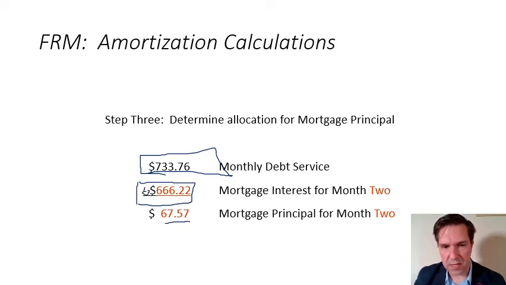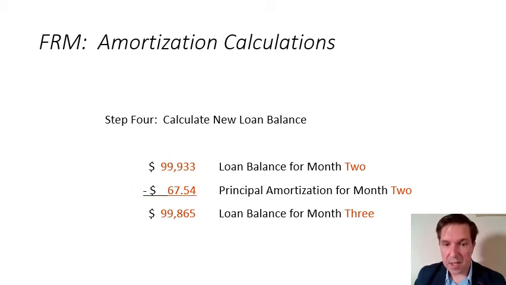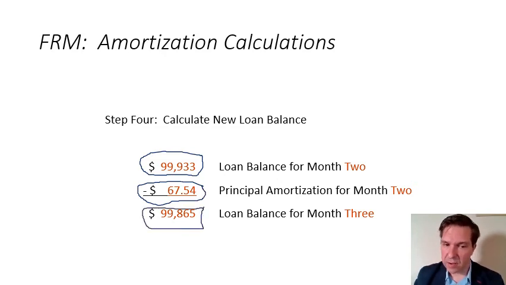Notice here the different sign. I don't know if you can see it with all the marks that I'm making in here. Okay, so I'm subtracting one from the other. And now again, I'm going to update my leftover loan, or loan balance, by just subtracting from my previous loan balance my principal payment that I'm making on month 2. And this is going to give me what my balance is for month 3, which now is going to be